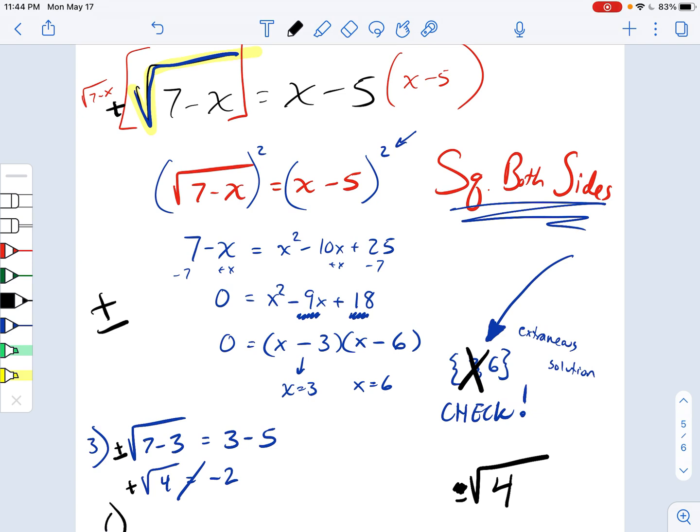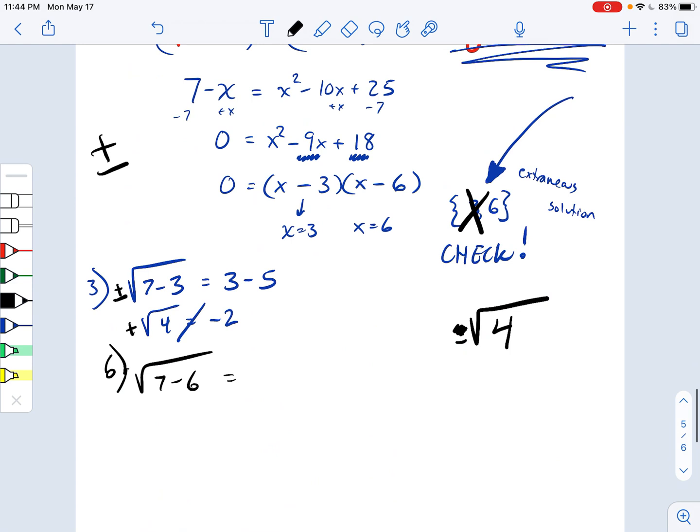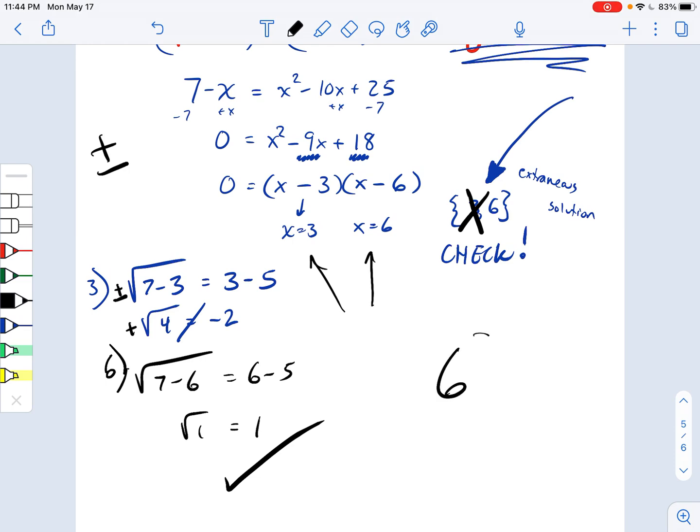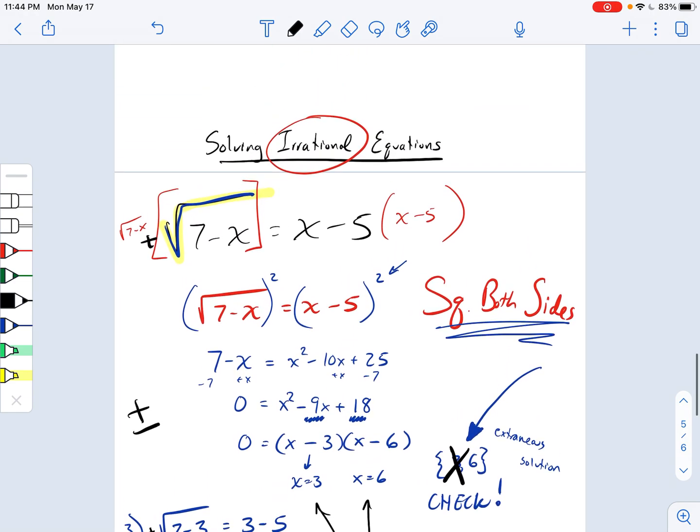Now, let's check on 6, just to be sure. So the square root of 7 minus 6, is that the same thing as 6 minus 5? The square root of 1 is 1. Yes, that does work. So the only solution to this problem, even though my factorization gave me a 3 and a 6, the only solution is a 6. Now this is Algebra 2 content, so you will revisit this next